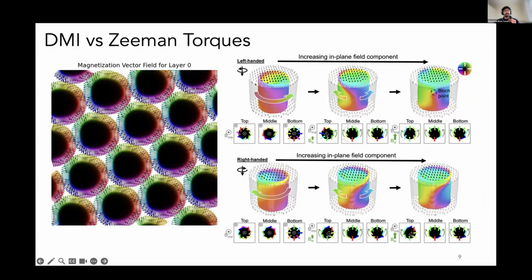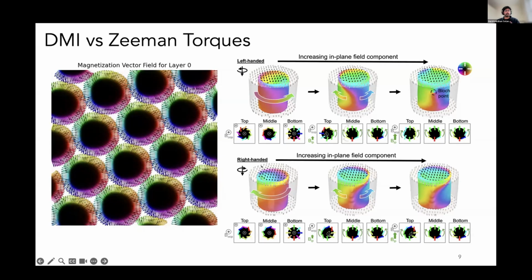As we look through the layers of these textures, we see that the top layer of the type 2 bubble will switch at slightly lower values of the in-plane field, and they will create a sort of Bloch point in the entire fermion tube texture, whereas this does not occur for the clockwise or right-handed fermions